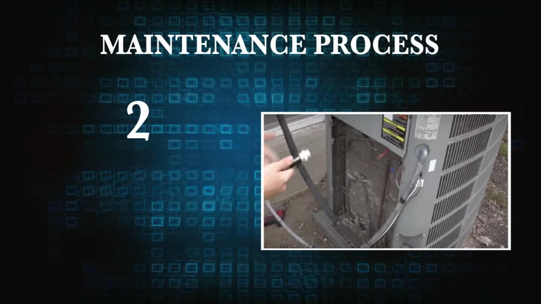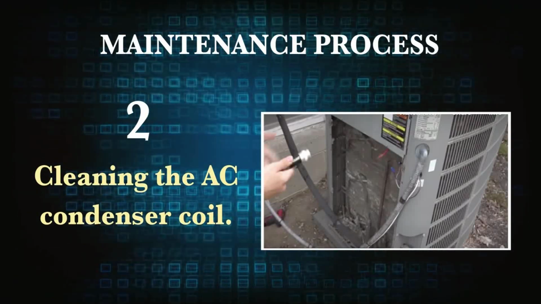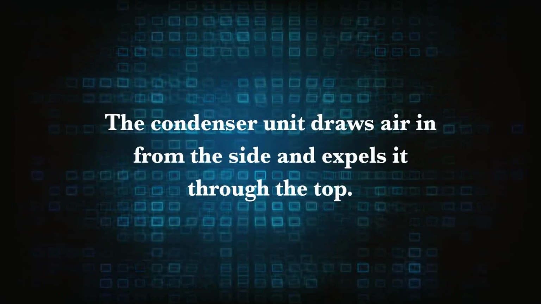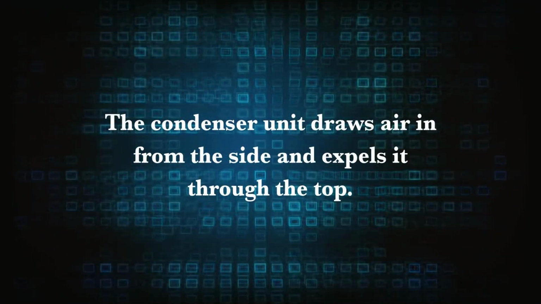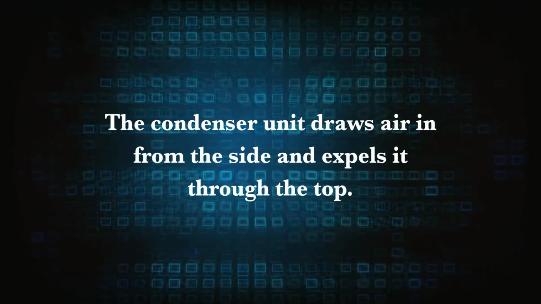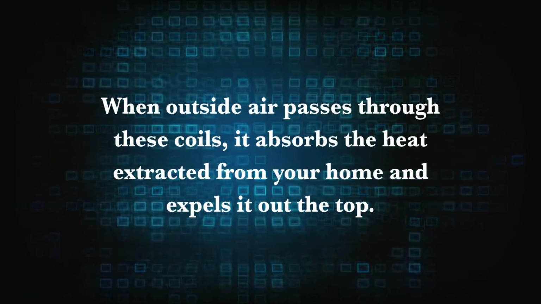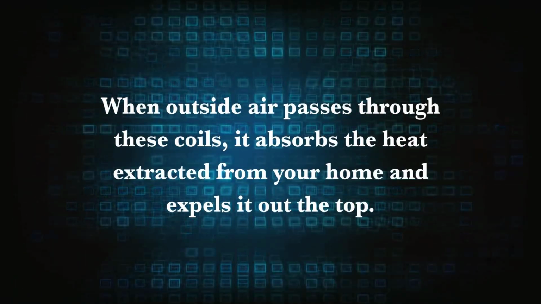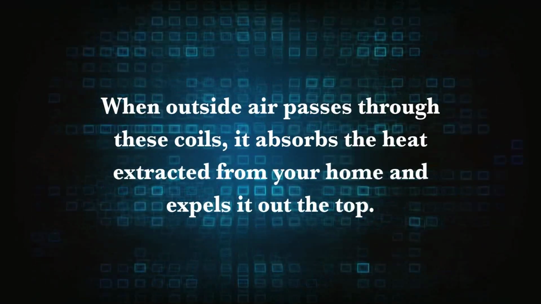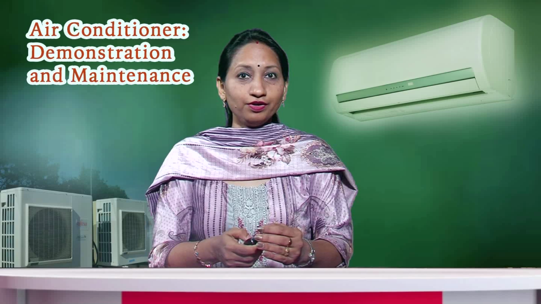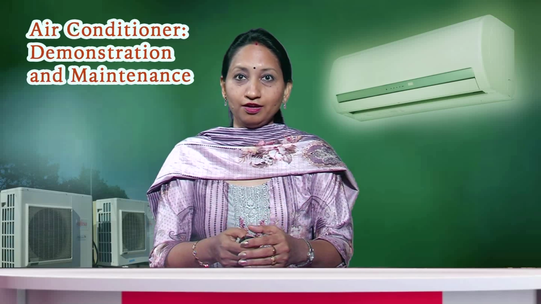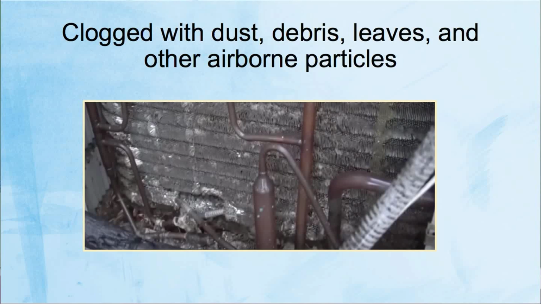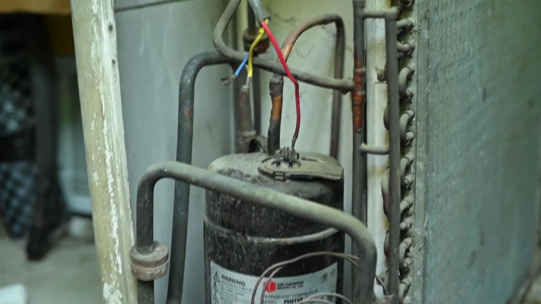Maintenance step number 2 involves cleaning the AC condenser coil. The condenser unit draws air in from the side and expels it through the top. When outside air passes through these coils, it absorbs the heat extracted from your home and expels it out of the top. However, because it draws air in from the side, these coils can become clogged with dust, debris, leaves, and other airborne particles. At the beginning of the summer season,